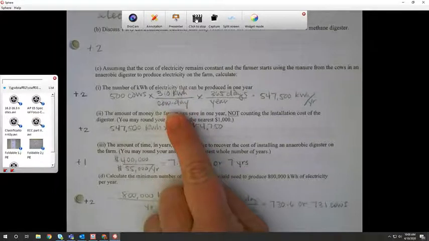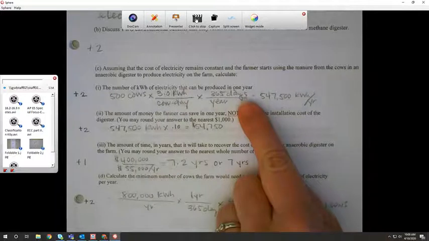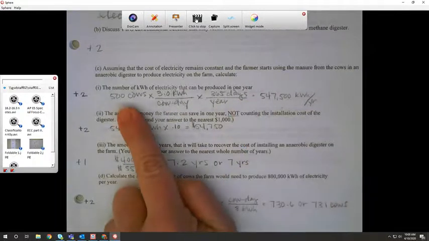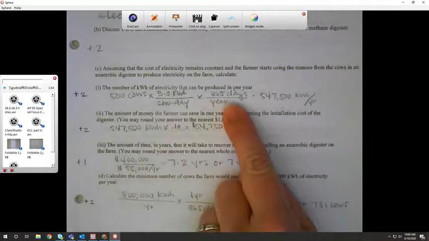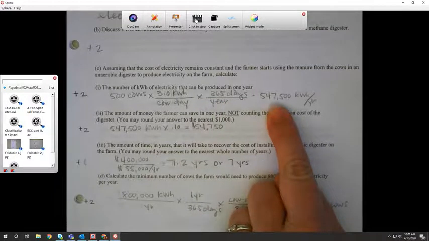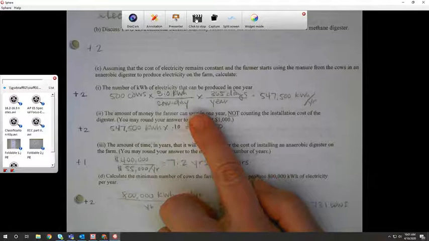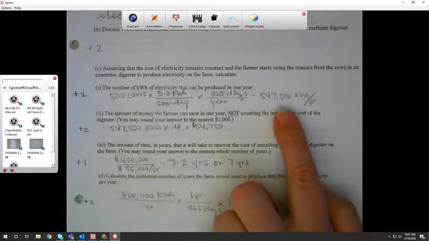So we're going to make that into a conversion factor. And then there are 365 days per year. So if we multiply 500 times 3 times 365, we'll get 547,500 kilowatt hours per year. Okay, so that's worth 2 points. Make sure on these that you show your work or describe it in words, have the answer, and then units